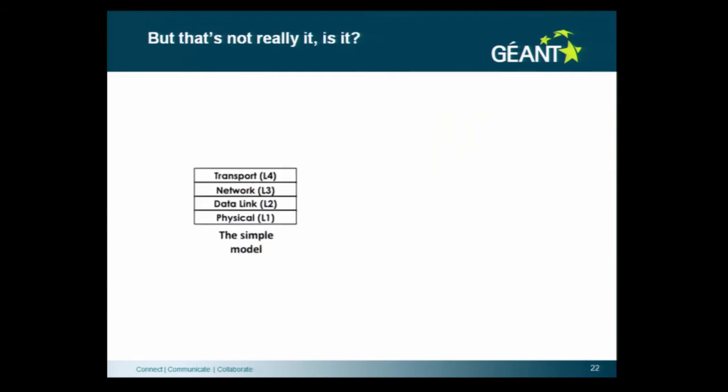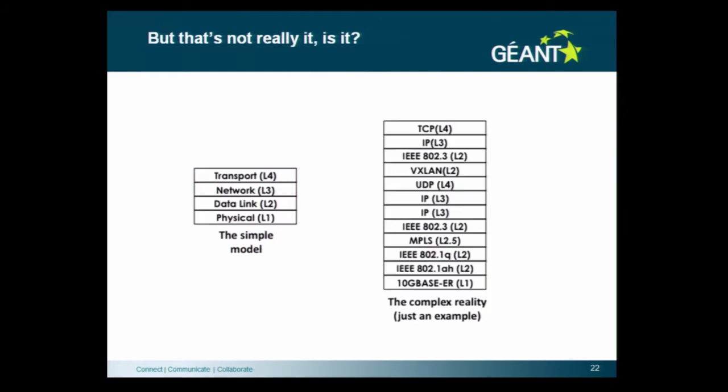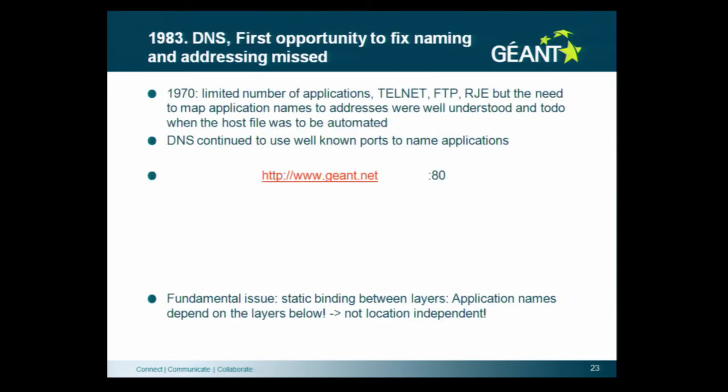We have some ways of figuring patches and things like that. Oh, BGP, which is really using also the same address space as IP, but it's not an additional layer in that sense, in that it doesn't have addressing, it doesn't have routing. So even the simple model of 4 layers, you have physical, data link, network and transport. In the real world, that's not even it. You can have a very complex interworking of all different types of layers, and it's very hard to manage. So 1983,